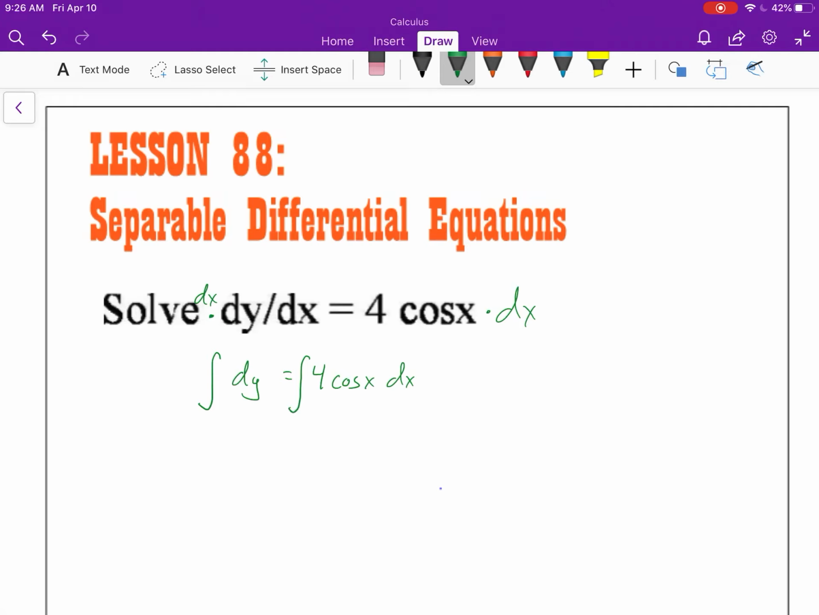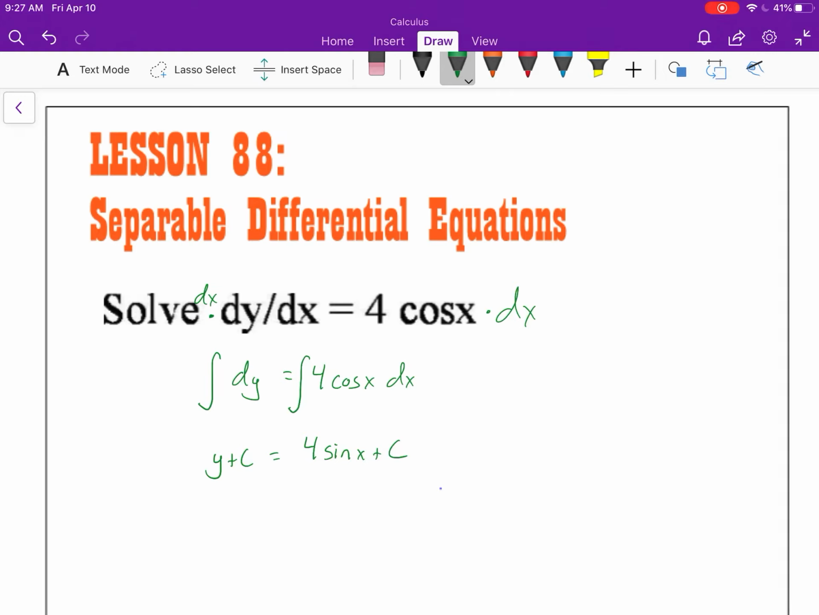Later on, we'll look at what are called specific solutions. A general solution will still have a plus c within it. For specific solutions, you actually want to find the value of c. So the integral of dy is simply y plus c, and the integral of 4 cosine x dx is 4 sine of x